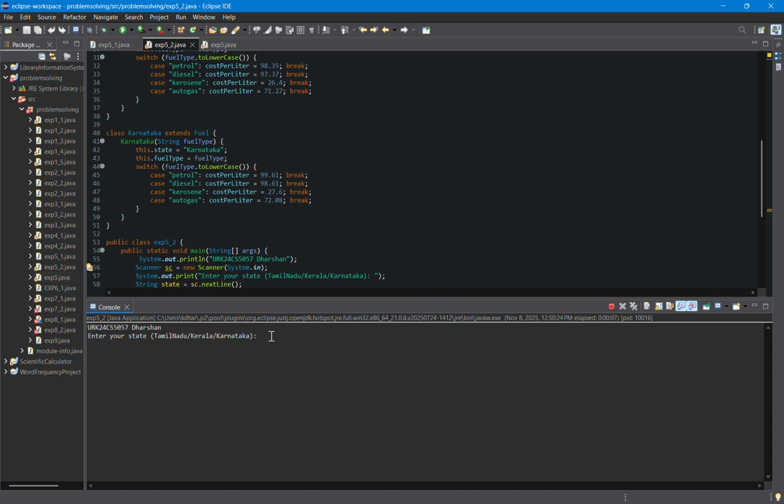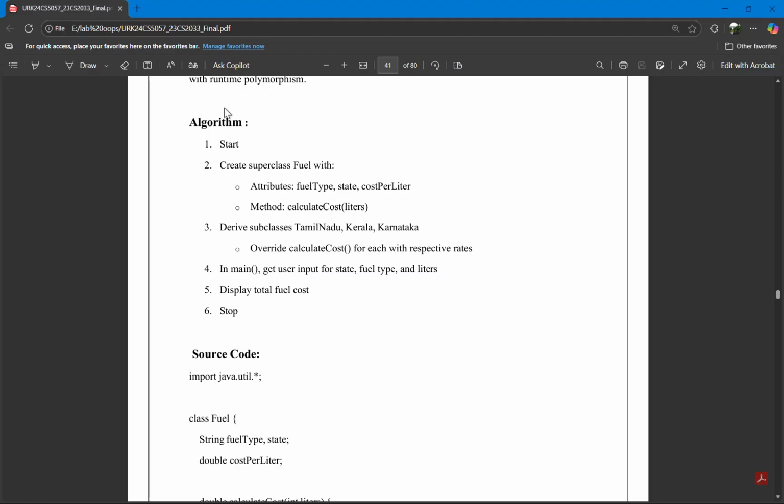Enter your state. Let me give it as Tamil Nadu. Enter the fuel type. Number of liters, 10. Yeah, it is calculating the cost for the number of liters. Moving on to the next experiment,